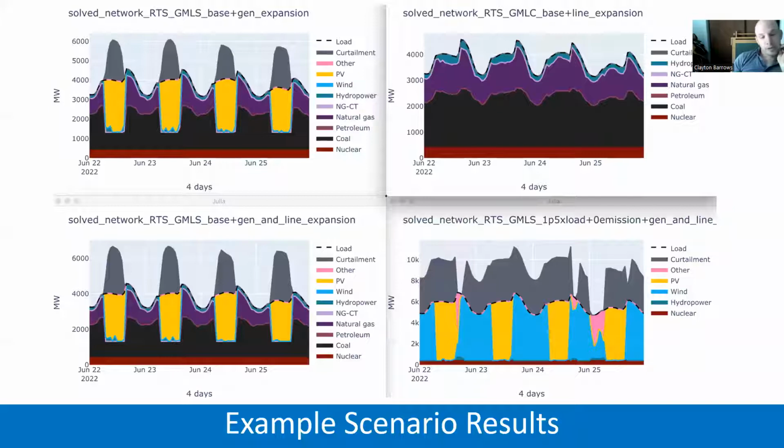Some examples from this simulation. So here's a sample set of 4 days of 4 of the scenarios of the results produced by PIPSA. And we can see that the operational profile from the different scenarios is quite different. So PIPSA produced very different resource mix on these different networks. In the bottom right, you can see the case where the load is quite a bit larger than the other cases, and the parameters that are produced by PIPSA are pretty